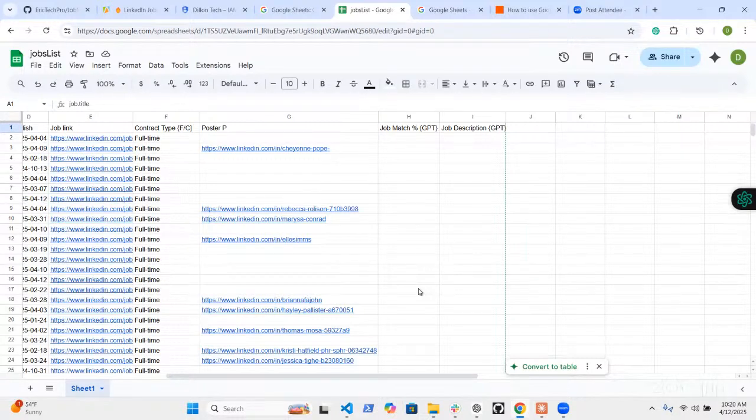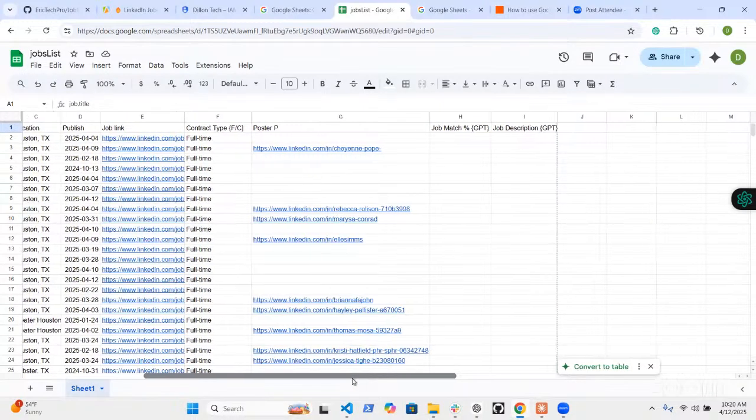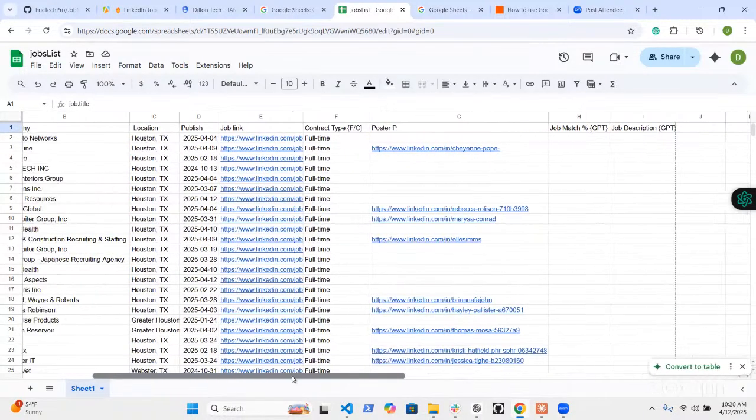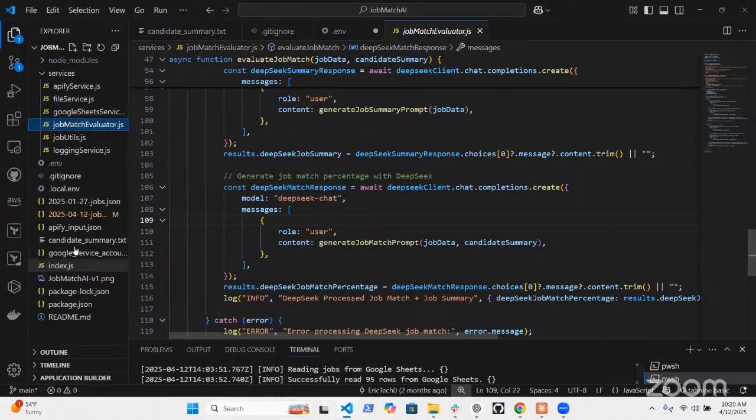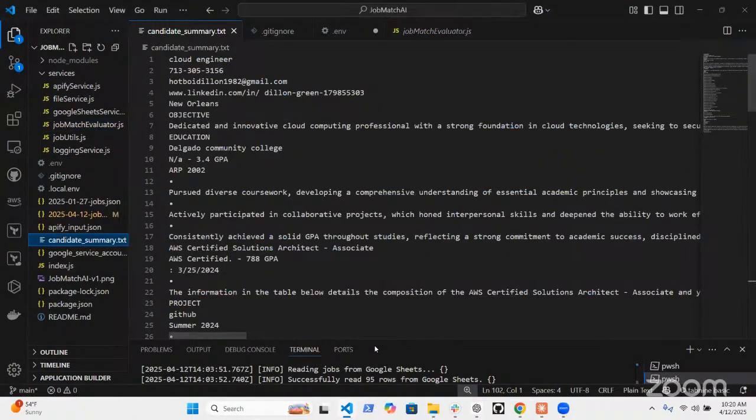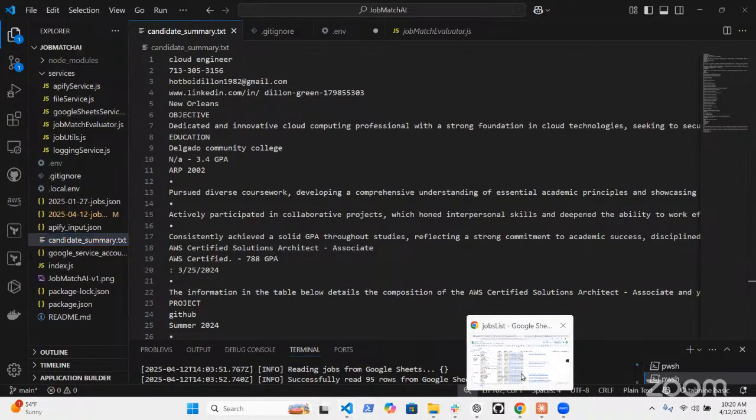So what is your job match percent? What is that comparing you to, to see if you match? Is it your resume or what? Yeah, it's my resume that I have right here. Oh, okay. It has all my information. I see. All right, yeah, I think I'll just create a copy of this folder, and that's what I'll do.